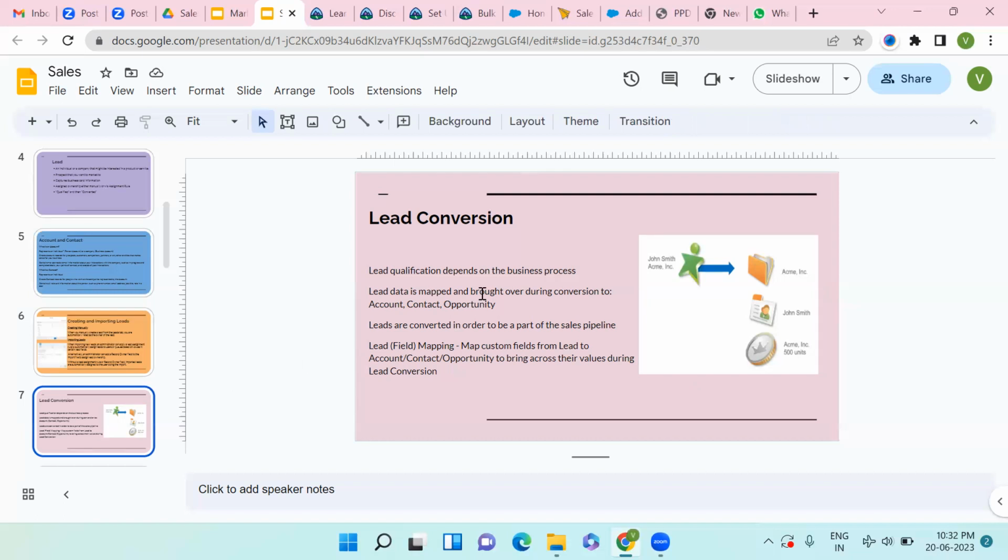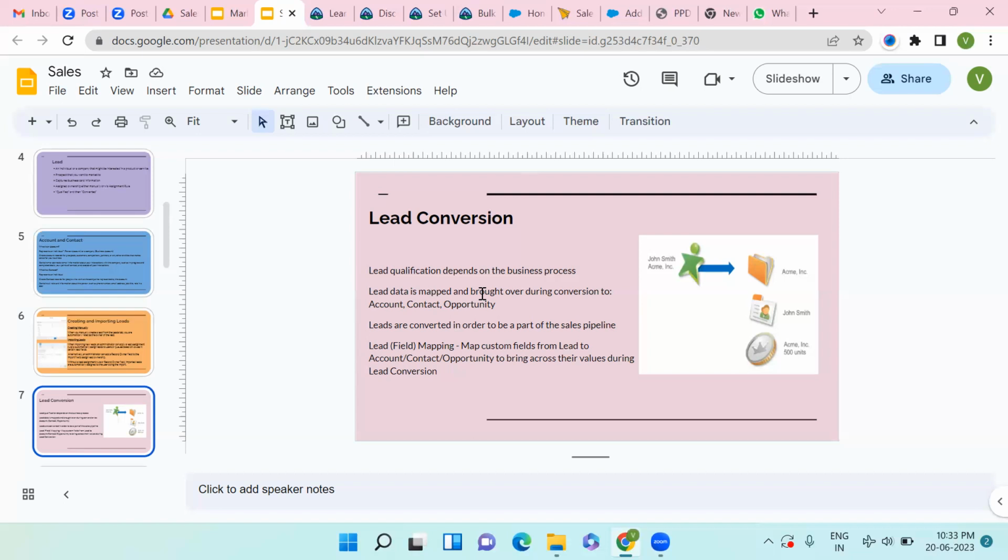Any questions on lead conversion? Vishal, I have a generic question, not about these slides. As a Salesforce admin, we will create custom objects, custom fields, standard fields, everything, and make it ready for the sales department. So the sales department will take care of feeding this data, creating the accounts, contacts, and opportunities. They will take care of themselves.